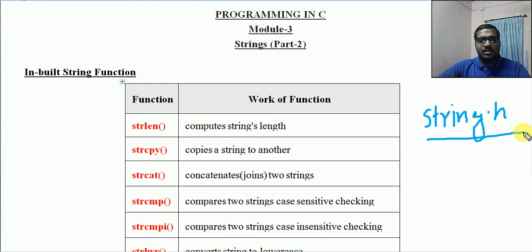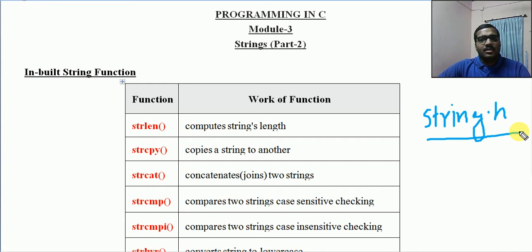These predefined functions have special meanings. Each of these functions is used for a particular purpose, so they can be used only for those purposes, and if you want to use them, this header file must be included. Otherwise we cannot have access to the given string handling functions.